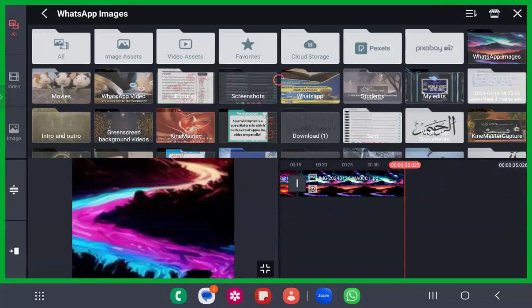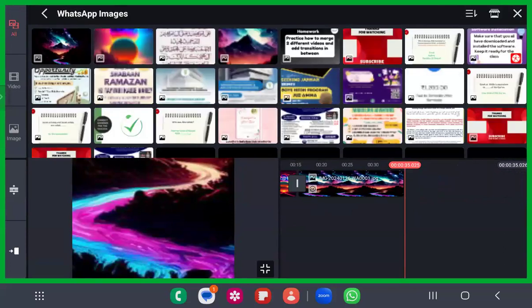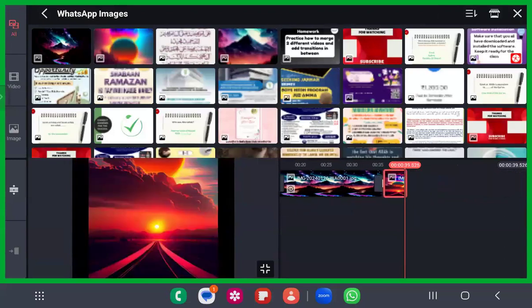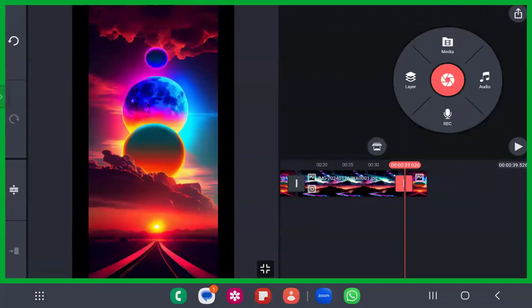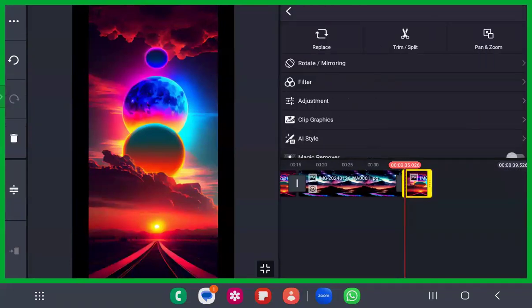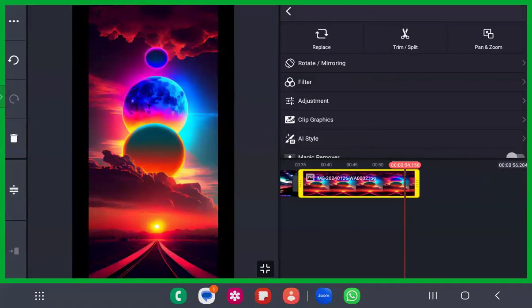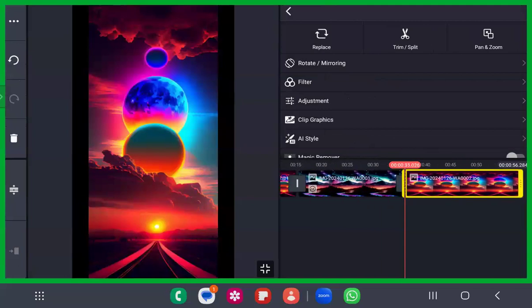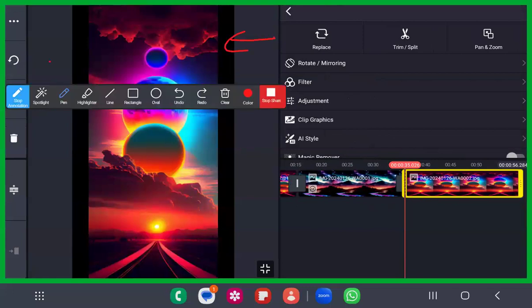Fine. For now, I'm just going to show you all what this pan and zoom option is, the three dot option in the pan and zoom. Okay, for example, this is a photo that I've inserted, dear sisters and brothers. Okay, this is the third thing. It is 20 seconds long that I have inserted. Fine. Now, first option, where is it? Okay. See here, it is not filled into the screen well, right? Where is the fill? It is not filled into the screen well, correct?